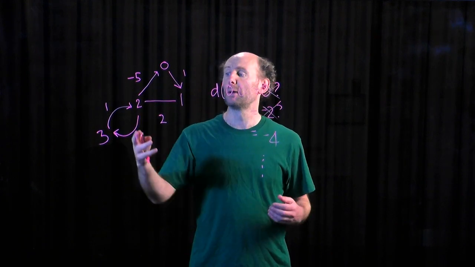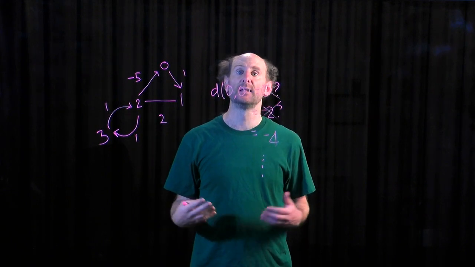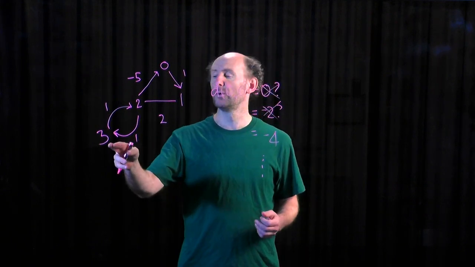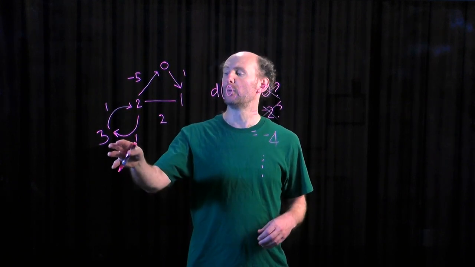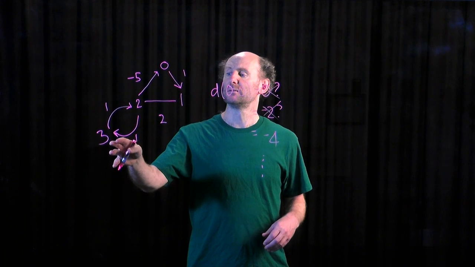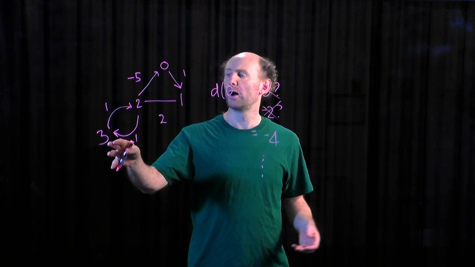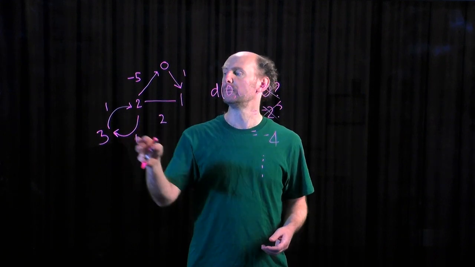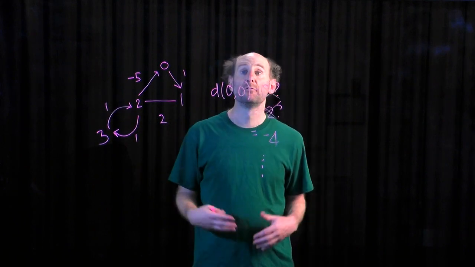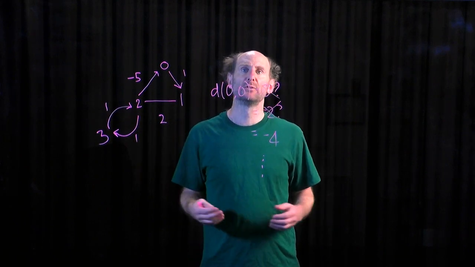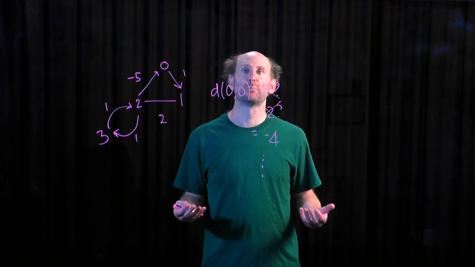And so we can make the weight of that walk as low as we want. And the idea of a minimum distance to or from this node doesn't make any sense. For example, we can find a walk of weight minus 1 or minus 3 or minus 5 from 3 to 2, rather than the natural weight, which we'd expect to be 1. And for that reason, we exclude digraphs that have negative weight cycles from our consideration here, and we prove the